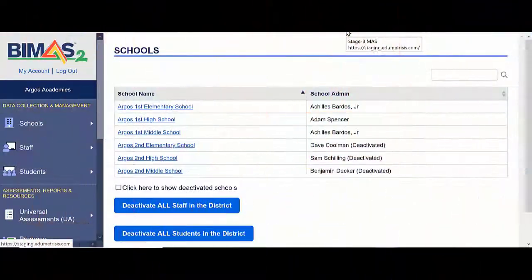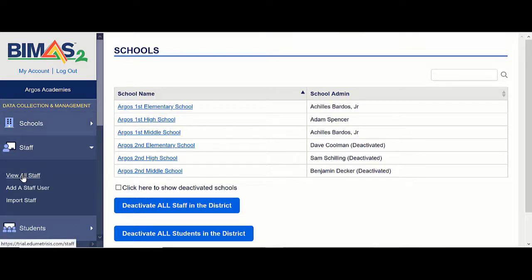Here is the final step of creating the BIMAS account, the importing or the creation of the student database. Once we have created the schools in our account for Argos Academies, and then we have imported some of the